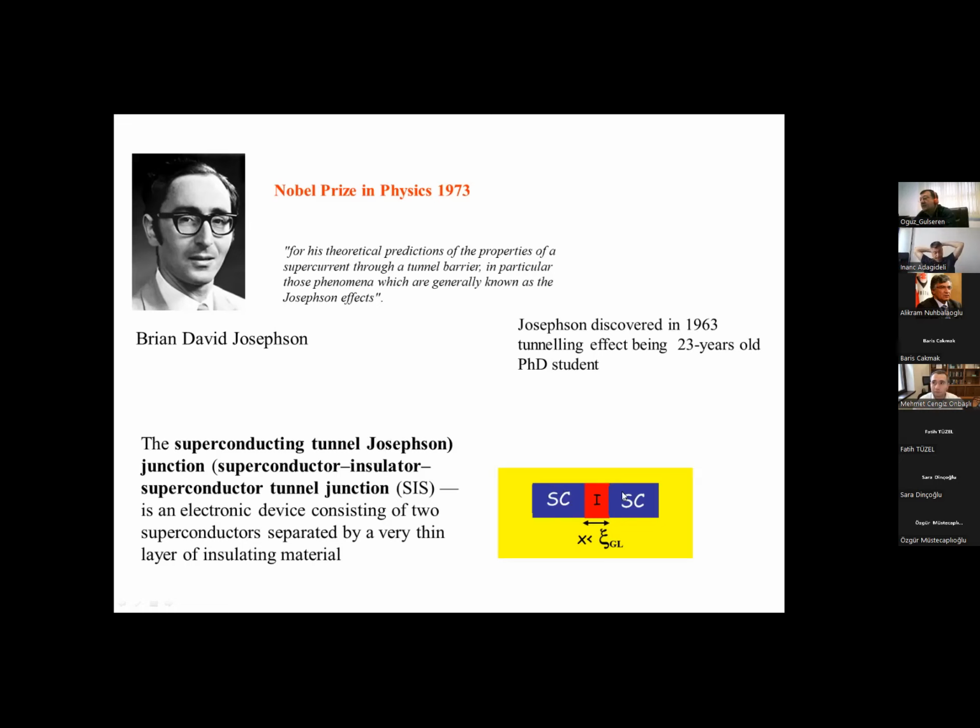So you have two superconductor materials separated by an insulator in between. Okay. So the insulator, just simply remember, in the metals we have the free electrons moving around. In the insulator, we have a band gap between the valence band and the conduction band, and that band gap is large, so we don't have any conductivity at all. Okay, so in that sense, this structure, two superconductors are separated by this insulator material.